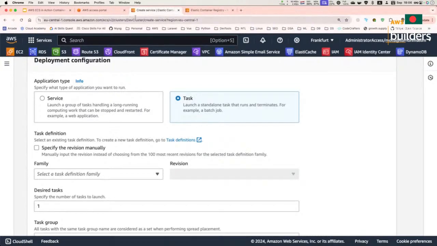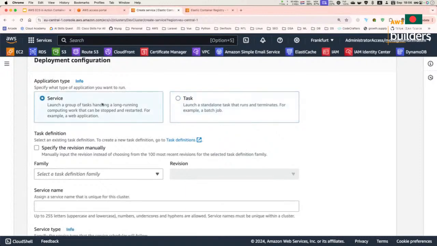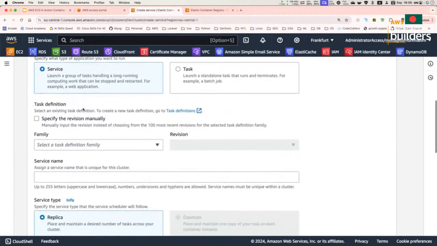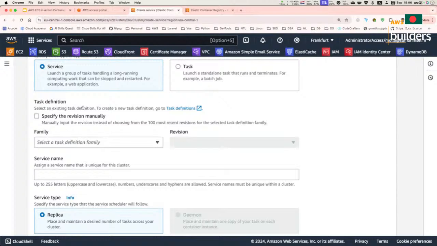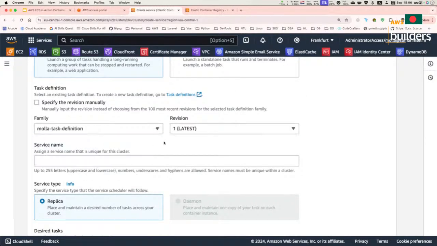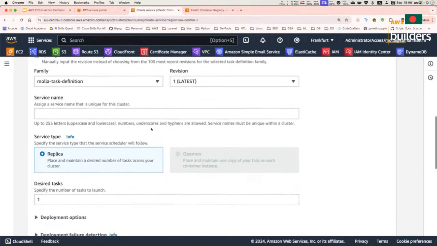But as you can see, we are running a web application, so in our case we don't want the task to be terminated automatically. So we will create a service which will actually trigger a task, and it will make sure that the task keeps running, so that whenever I visit my web application, it's available there. So I will define the task definition here. I need to give a service name,